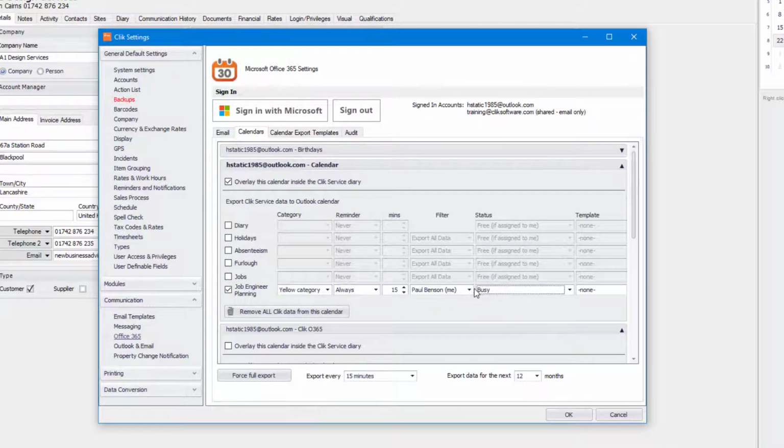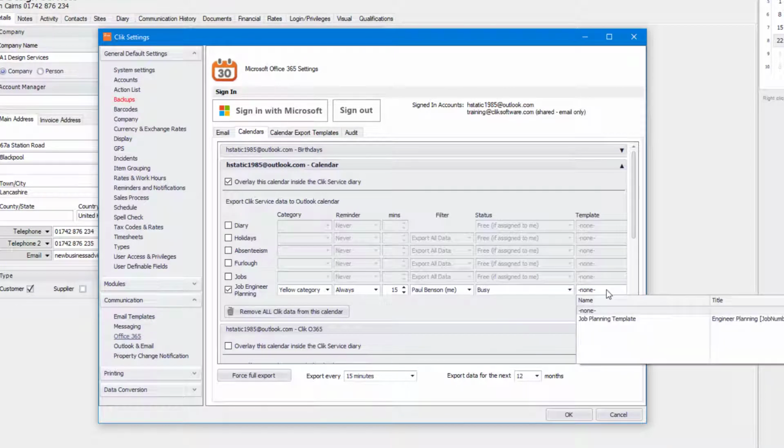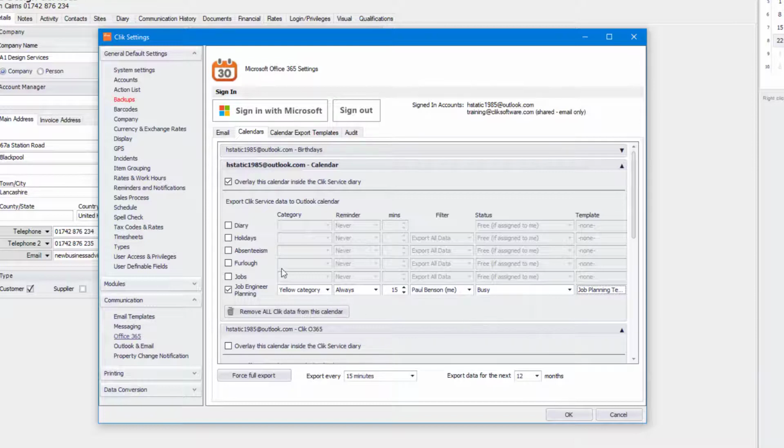So we're going to assign it as busy. The next bit is actually putting a template on as well, which we'll go through in a bit more detail in a minute, but I am going to select one called job planning template that I have created earlier. So once that's happened, what's going to now happen is all of your entries for Paul Benson will go over to this particular calendar in Outlook.